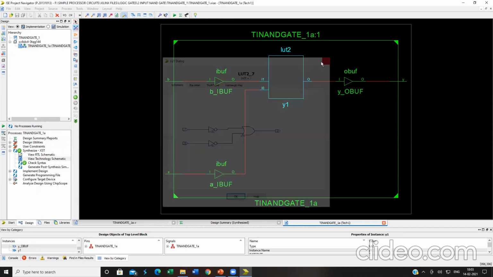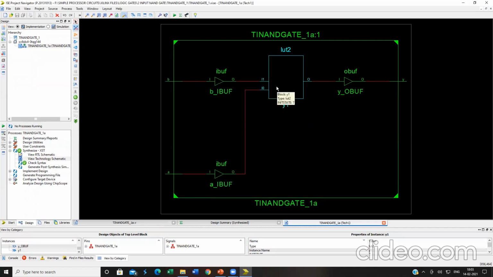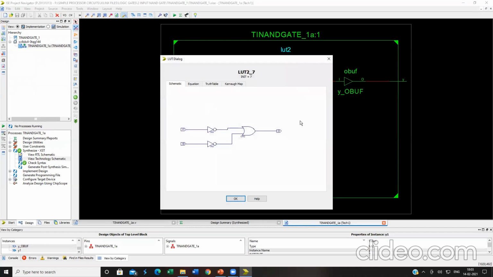See over here, I'm seeing the same thing. So now you can have a more practical understanding of why a two input positive logic NAND gate is also called a negative logic OR gate.